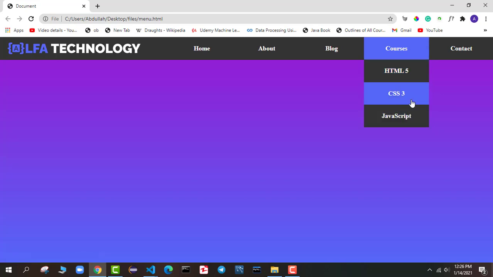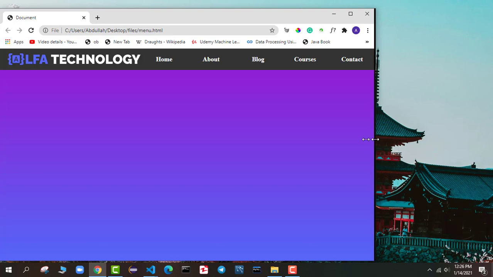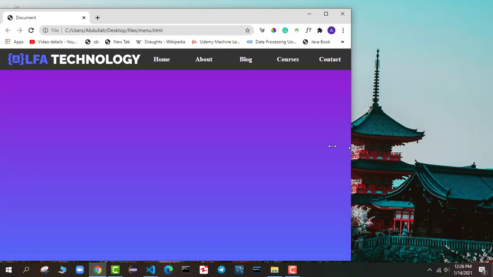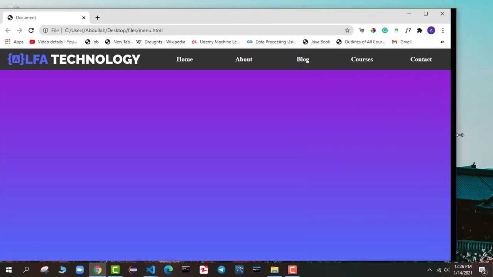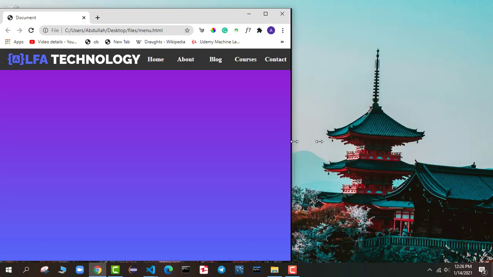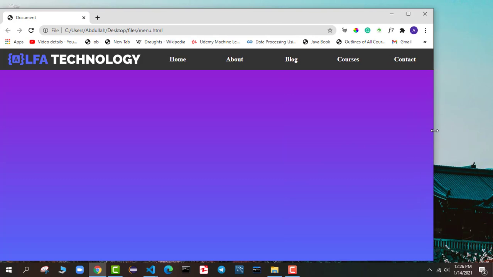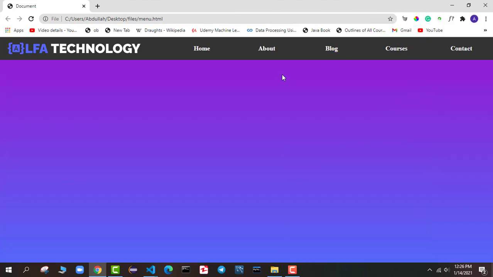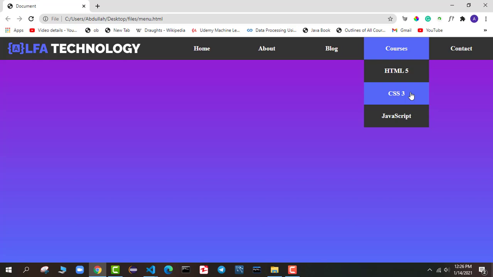Another interesting and amazing thing about this menu is that this is a fully responsive menu. So if I increase or decrease the screen size, you can see the content is adjusting its width according to the device width. So that's the responsiveness that we want to achieve on this menu as well. So let's start writing code and create this amazing menu in only HTML and CSS without using any media query.